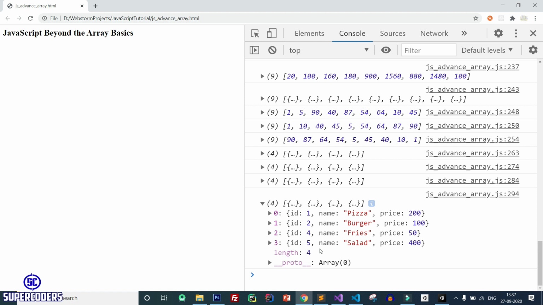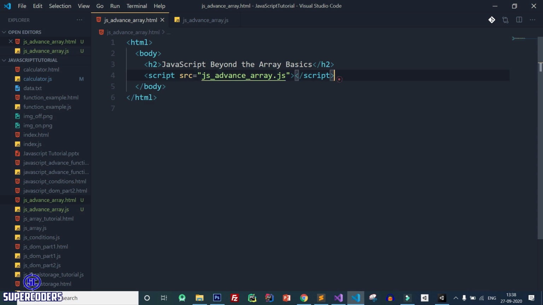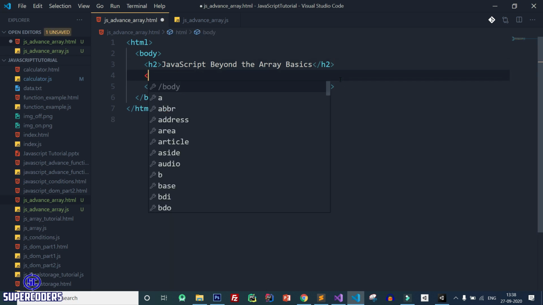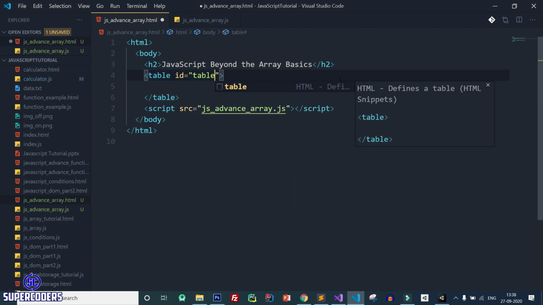You can also use this object in your JavaScript page. So let's see how you can work with a simple sorted table in HTML. So back to VS Code. So here I am creating a simple example of this object. So back to this page. After that, creating a table, ID equal to table, and